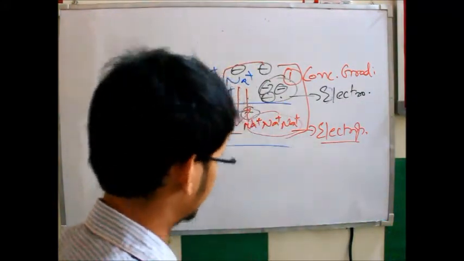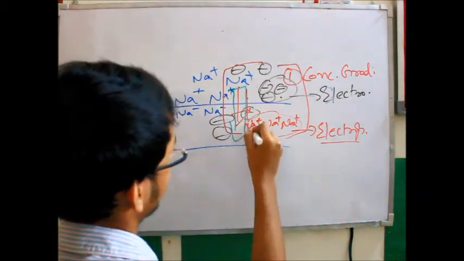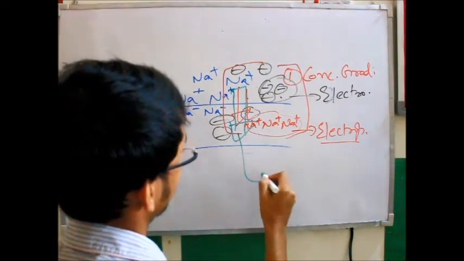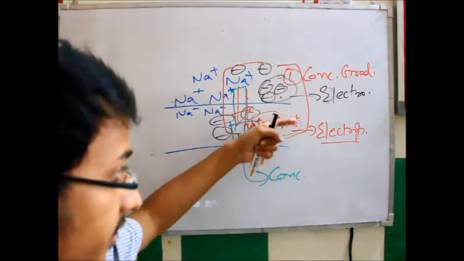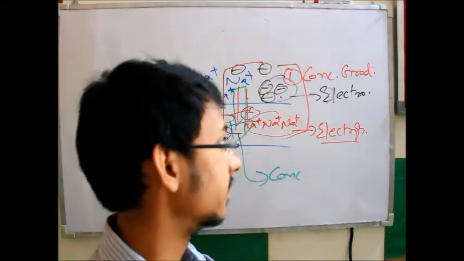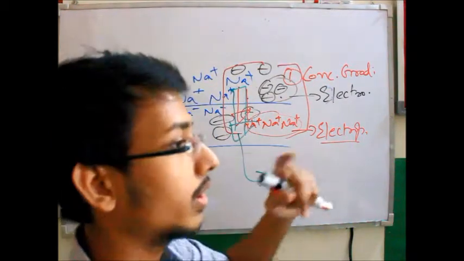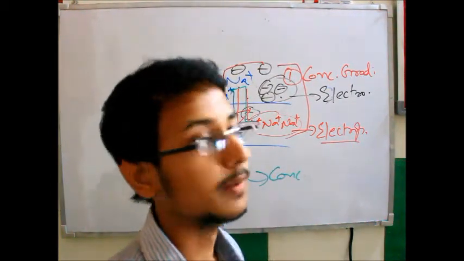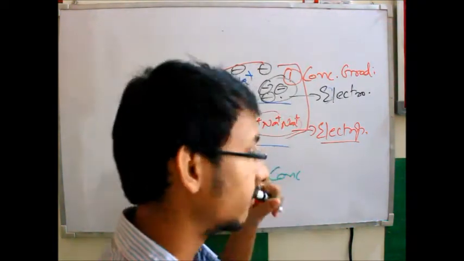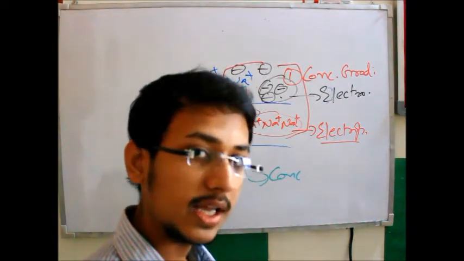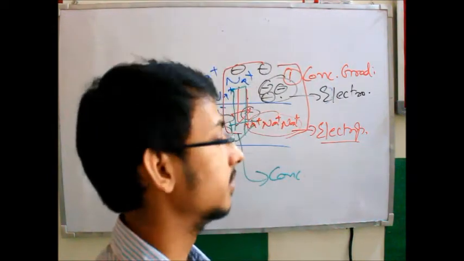Now suppose there was a concentration gradient here denoted by green, that is the concentration gradient. Actually it's not a gradual process, it's a very fast process. But one other gradient also plays a role here. As we know, the concentration gradient was playing a role in the first stage. Now in the second stage a second gradient plays a role, which is very important to note and which we often skip, that is